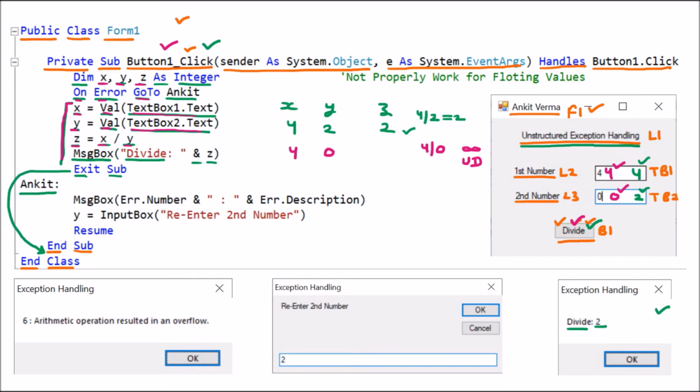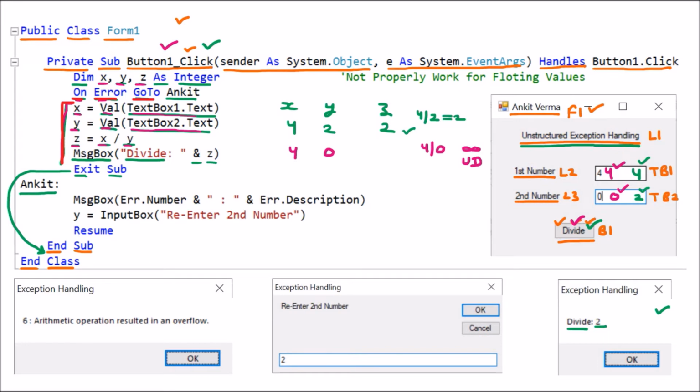And whenever we are not using the exception handling, at that time the program will go on the coding and show the exception. It will be a divide by 0 exception. So to prevent that, we have used the statement On Error GoTo. Because we have provided this On Error GoTo statement, it is scanning the code. So it was already scanning.